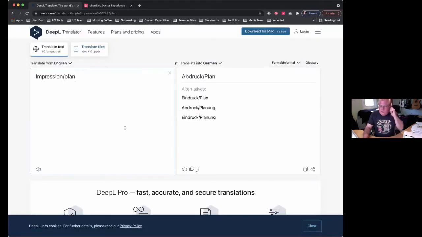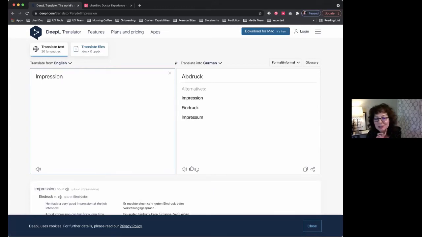So then we use the tool, and the development company's like, well, Microsoft will handle all this. And I'm like, I don't think so. We need someone in Luxembourg to sit down with us and understand the context of the words impression plan. There's a tool called DeepL, it's deepl.com. I typed in impression and plan, and I already get 3 different results in German. So which one is correct? I don't know, because I don't speak German. Exactly. It's not contextually literate.